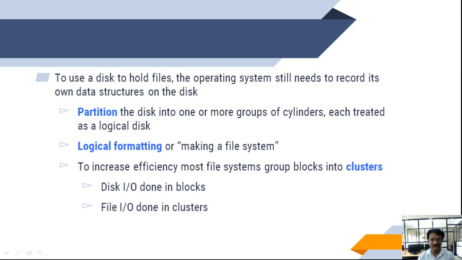For example, some database systems prefer raw IO because it enables them to control the exact disk location where each data record is stored. So depending upon the operating system, they have different ways of physical formatting, partitioning, logical formatting, and creating clusters.